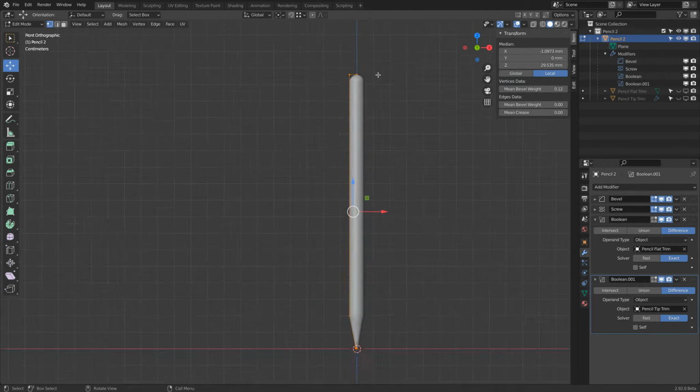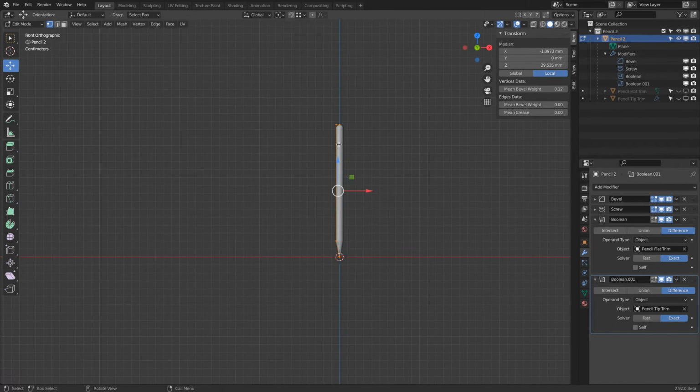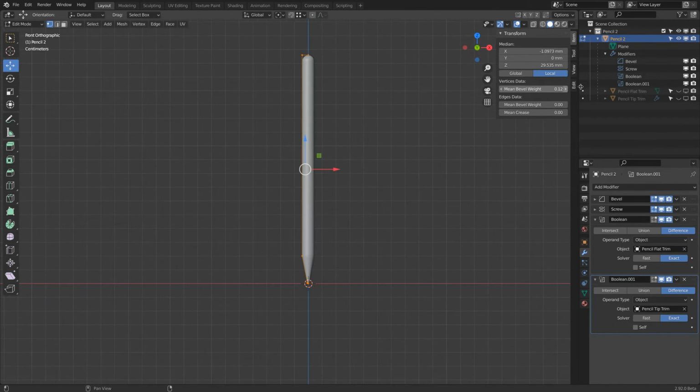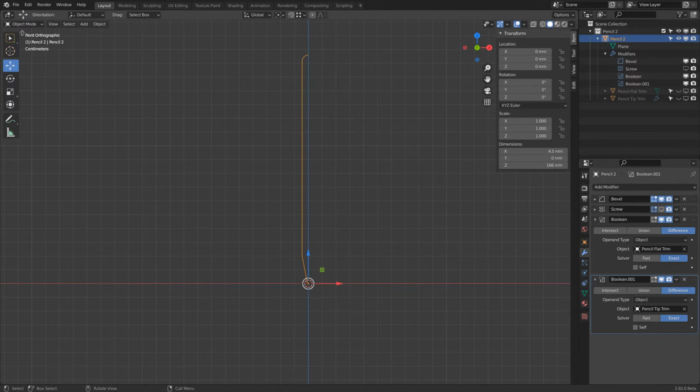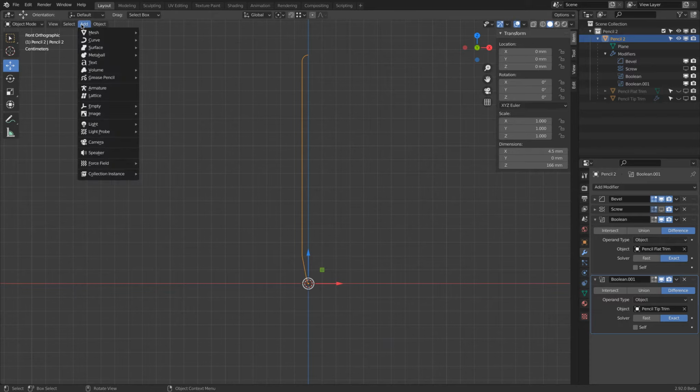Okay, so I can take a look at this from Y. Very nice. Okay, and to help positioning, I will turn off the screw modifier, go back to object mode, and there I can see that profile. Now,